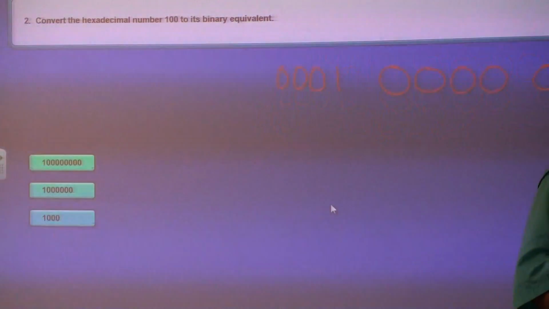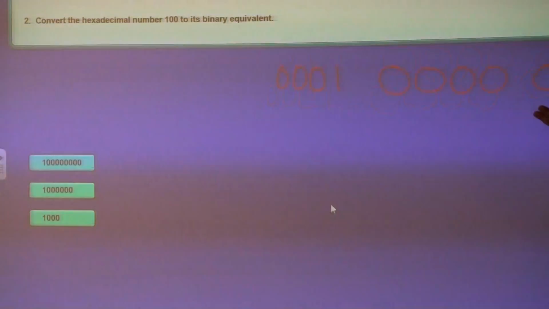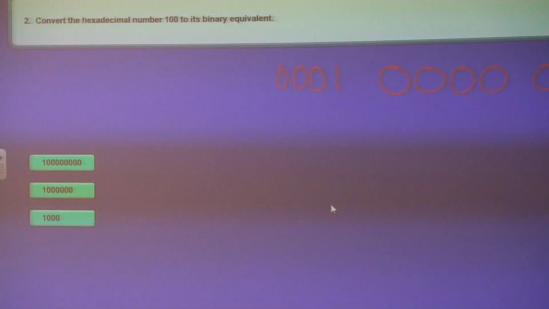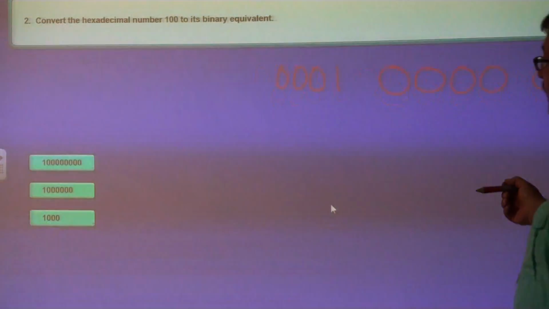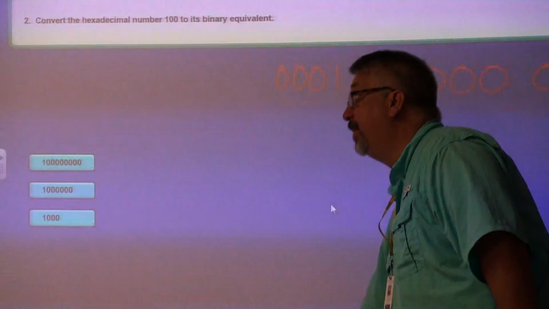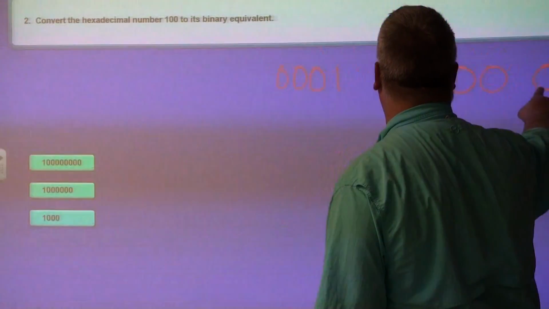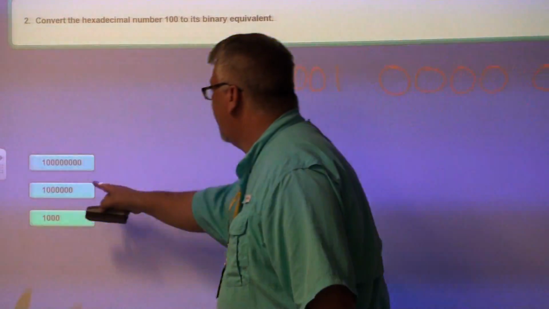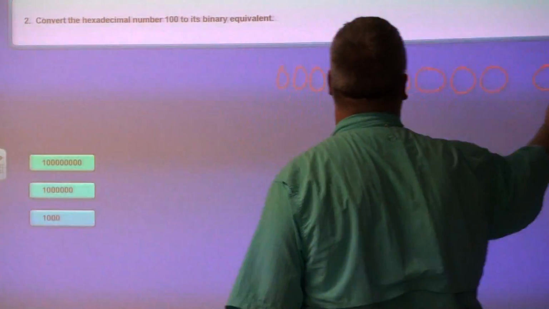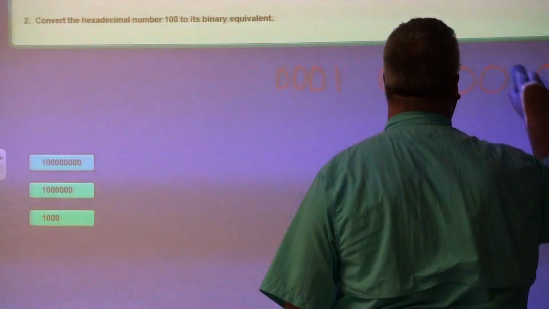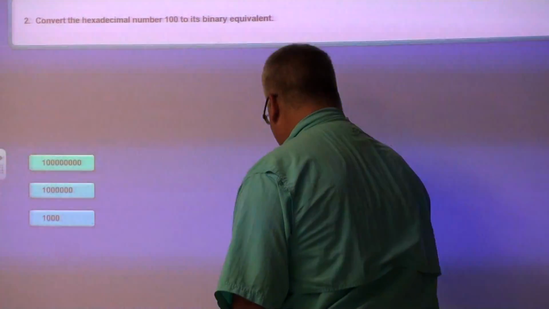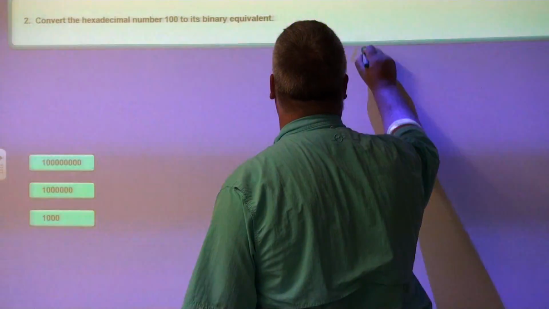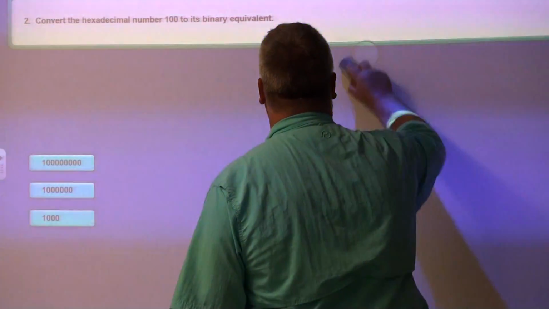So again, trying to trick our little brains. How dare NIDA do that to us? But if that number had been 215 in hexadecimal, you'd have gone, okay. But because it was 100, your first instinct was, oh, that's a binary number. No, it's still a hexadecimal number. But you've got to do it in groups of 4. I can't really count zeros, but I think it's probably the first one, just based on the sheer number. Let's see, 1, 2, 3, 4, 5, 6, 7, 8. 1, 2, 3, 4. Yep, it's the first one. Everybody get that? They tricked us. Had that been the number 4, well, let's see. I would have been asking for